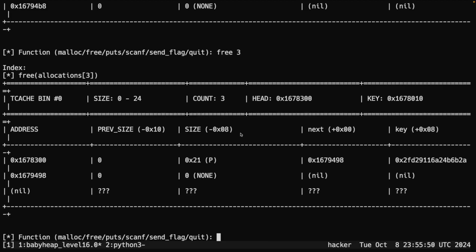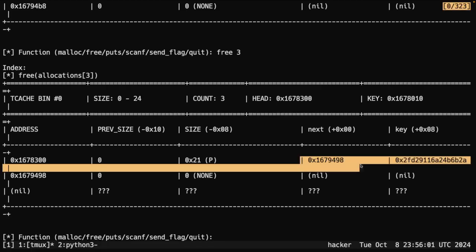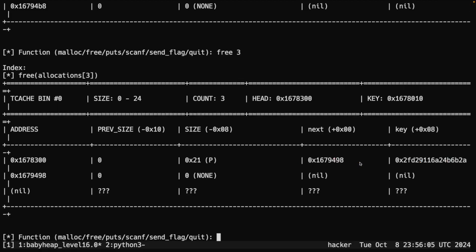So what determines where this gets written? It's the order that I free stuff, right? The first thing that I free, I think I did three here, which is a shame because you can't see the third. But I freed the second thing. Its address gets written to where the next pointer should be, which is the address of the most recent thing